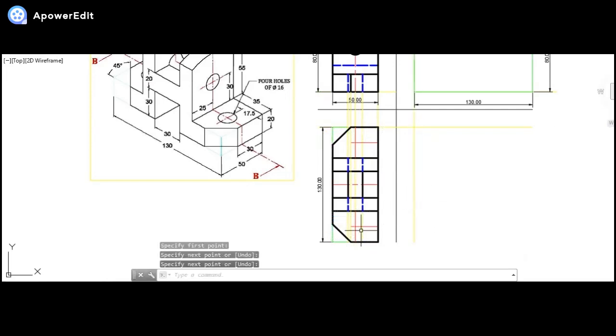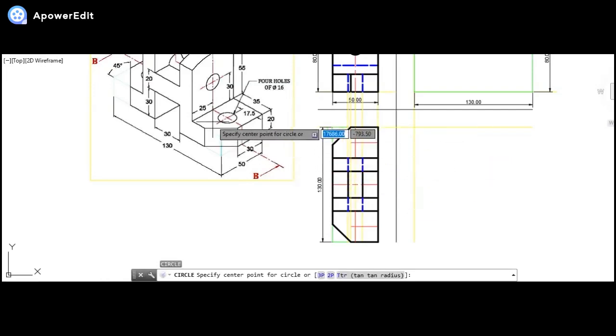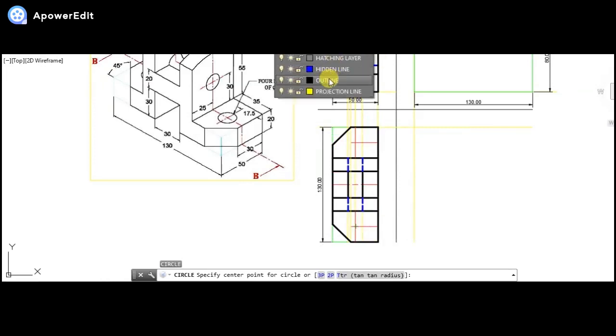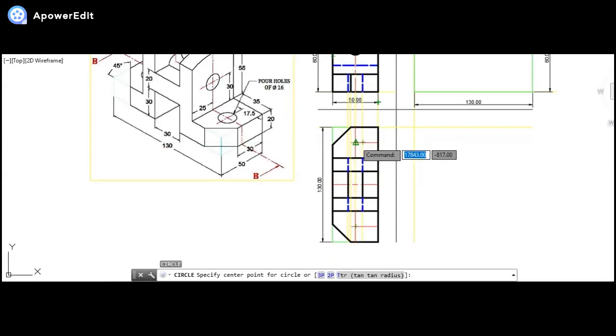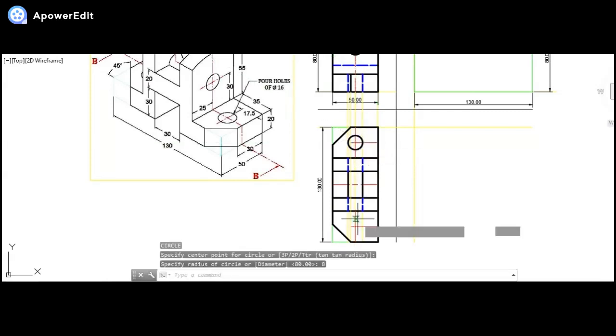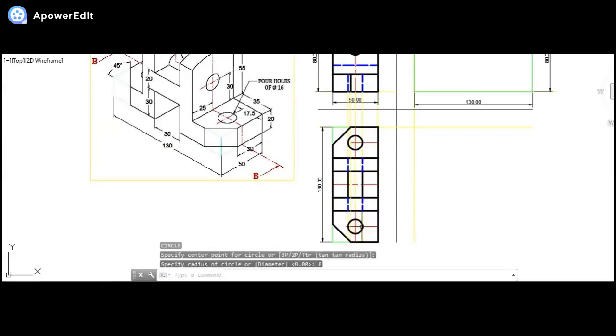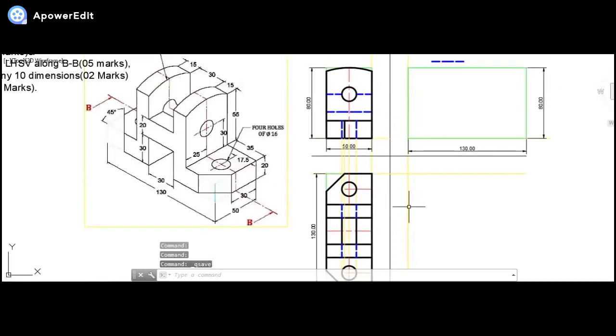Okay, now on the left side we can extend it later on, and simply I can say it over here with the help of the dark line. We can construct this like this. That is, radius is 8. Again over here the radius is 8, like this. Okay, so once we are done, now let's proceed further for the LHS view.